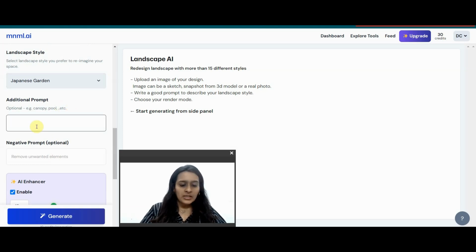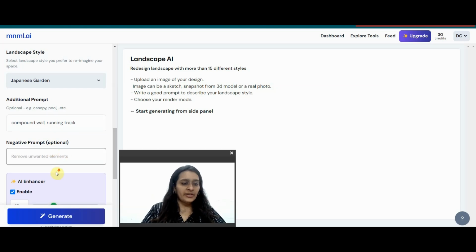Additional prompt. Okay, we could give a compound wall to the area because we don't have one as yet. So compound wall, comma, maybe a joggers' running track would be great if the resort has one.